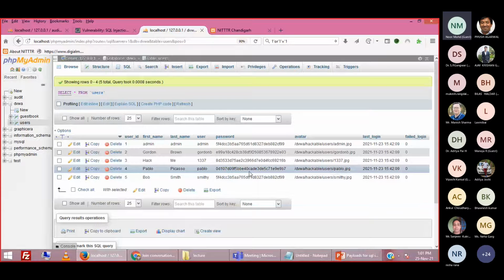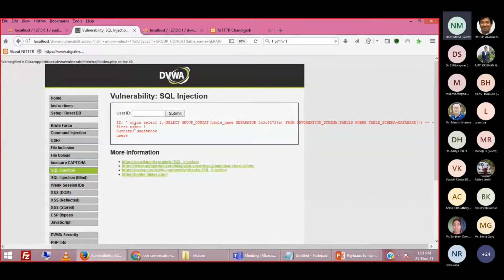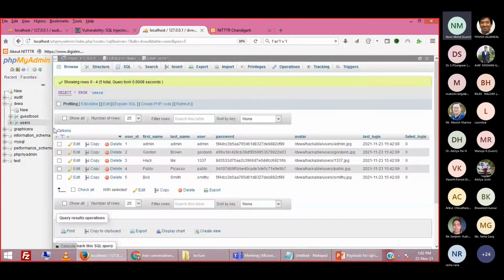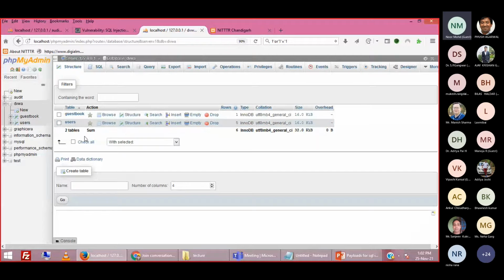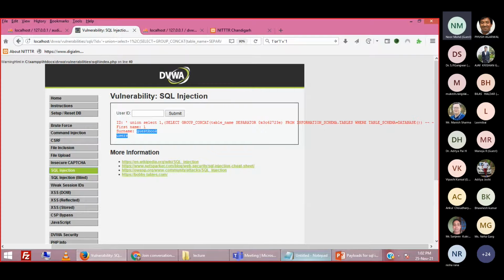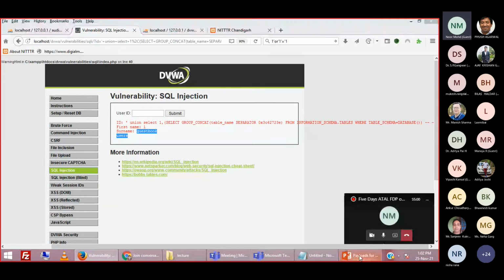So firstly we have reached the server, then the database, then the table names, right? And here we are getting the table names of the current database. The current database is DBWA. Inside this DBWA there are two tables, guestbook and user. So this is very crucial information which we are getting. Now let us move ahead.